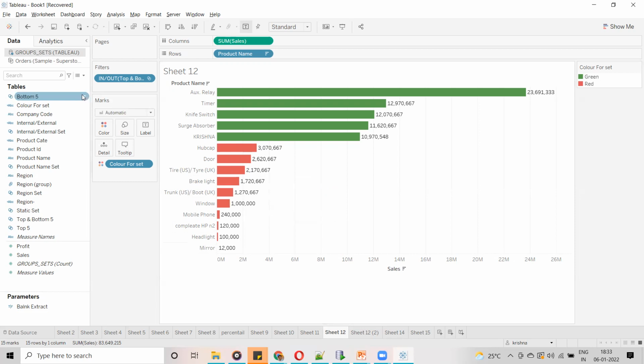For example, I am one customer, Bharat is another customer, and Suresh is another customer. Now Bharat wants top 5, Sheikh wants top 8, and Suresh wants top 10. So different customers want to see different top products. In this case, we are going to give one filter to the end user, which they can enter whatever value they want.